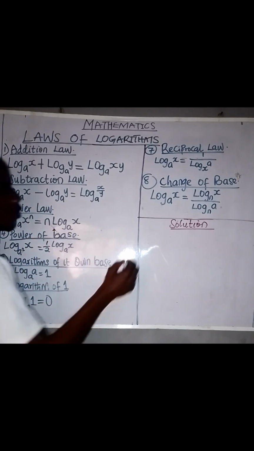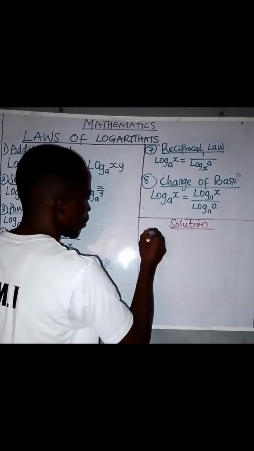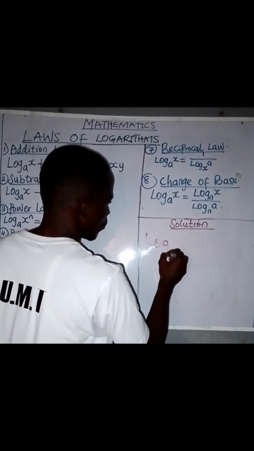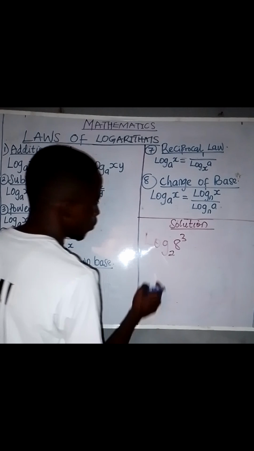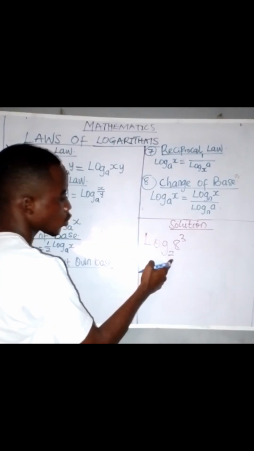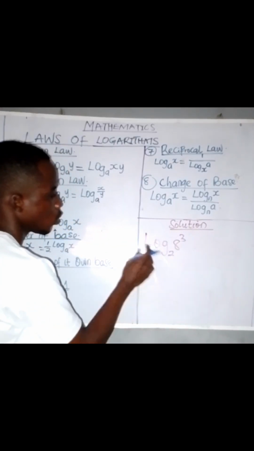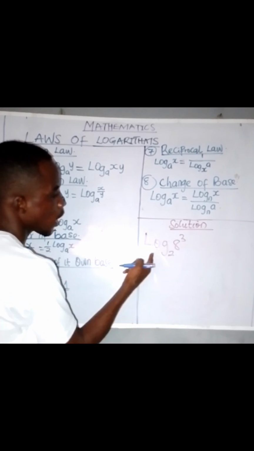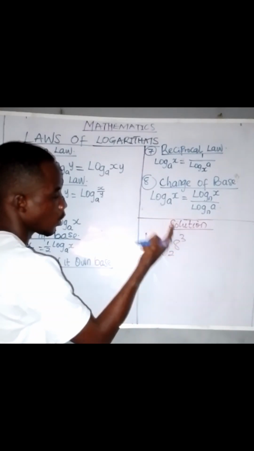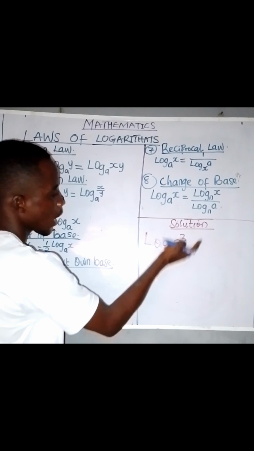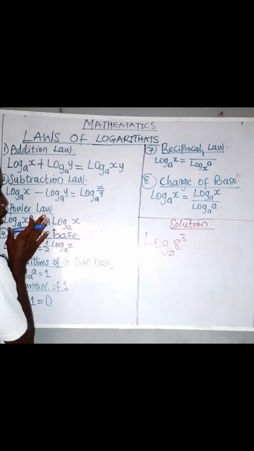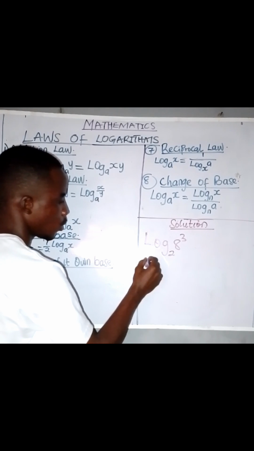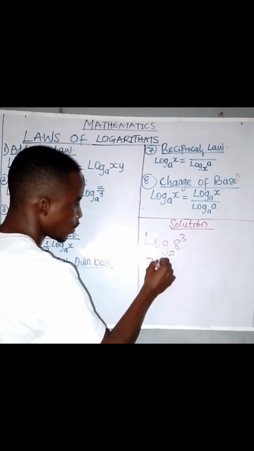So for example, let's say we have log 2 of 8 raised to power 3. What do I do here? This 3 is the power. Anytime a number in a log is raised to a power, that power multiplies the log. That's what the power law says. So the power here is 3, and this power will multiply the log itself. So it becomes 3 multiplying